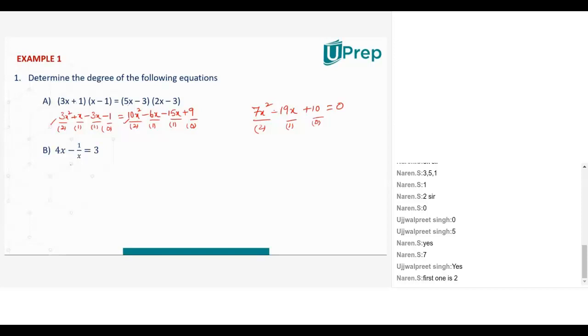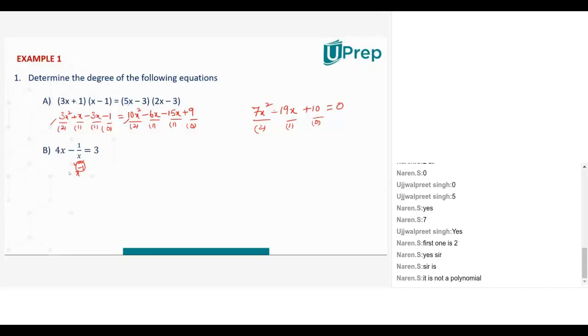In fact, as of now, that's not a polynomial at all. Why is it not a polynomial? Because of the presence of the term 1 by x. As we have seen, the power should be only positive powers. But here this is x to the power of minus 1 if you express it. That means I have a negative power. So it is not a polynomial at all. So first you have to convert this to a polynomial by doing some mathematical operation. Try. Yes, it is not a polynomial unless you convert it to a polynomial. So right, let's observe this.